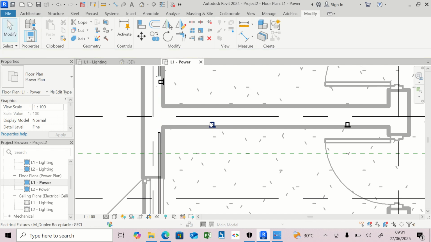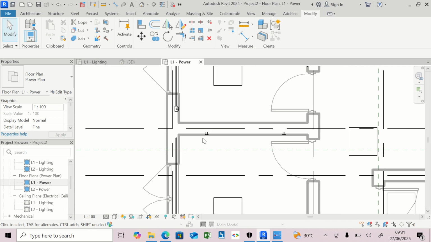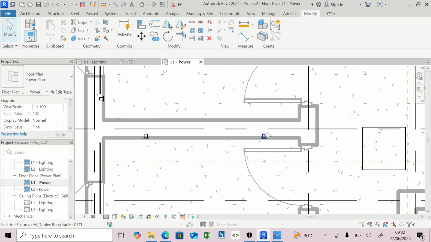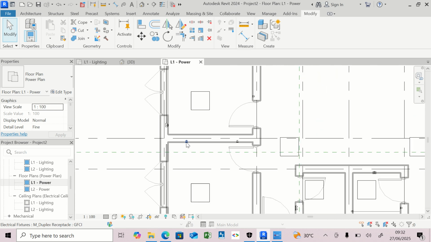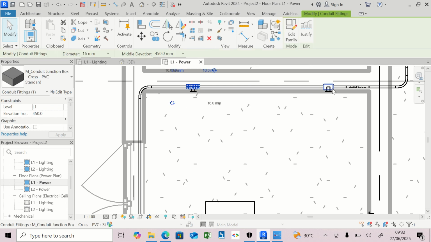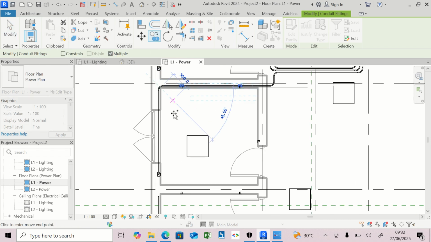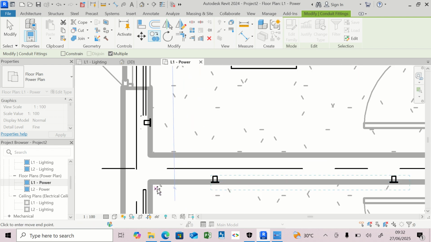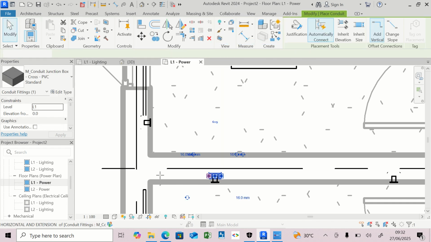All right, so I'm going to right click this. So, oh wow, we don't have any knockout box attached to this. So I'm going to quickly copy these knockout boxes. Click on this, right click, control copy, then select this, and click on this point here and take it here. All right. So I now have a knockout box for this, but I'm going to right click, draw conduit, and